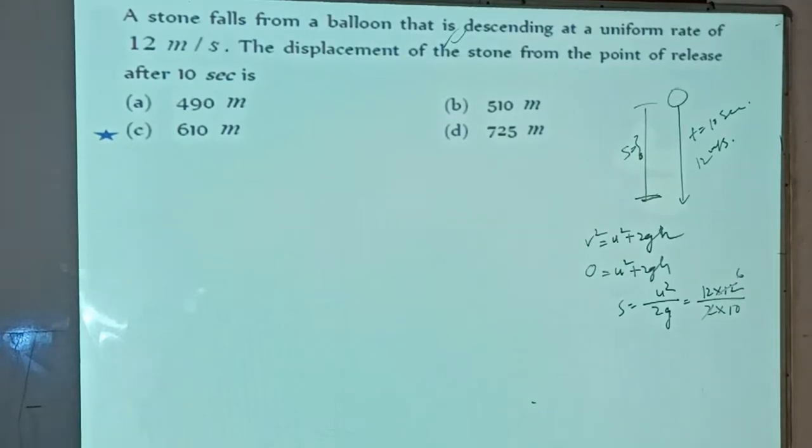A stone falls from a balloon that is descending at a uniform rate of 12 meter per second. The displacement of the stone from the point of release after 10 seconds is